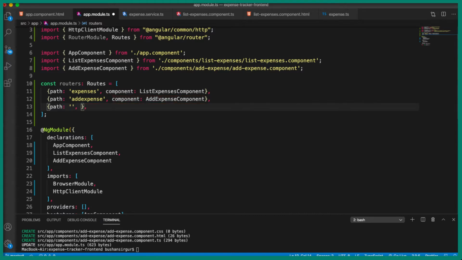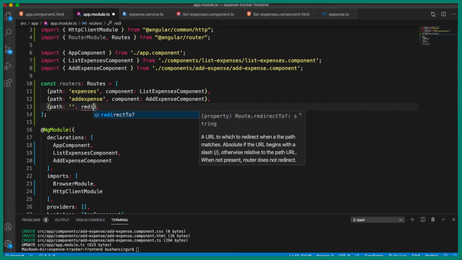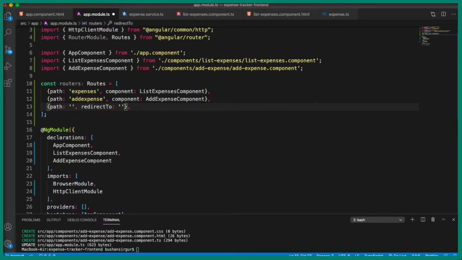Instead, we are going to pass redirectTo, and we have to specify where to navigate when the user navigates to 4200, which is the root of the application. We have to navigate to the expenses route. For that, we have to specify /expenses, and we have to set pathMatch to full. So now let's save this,